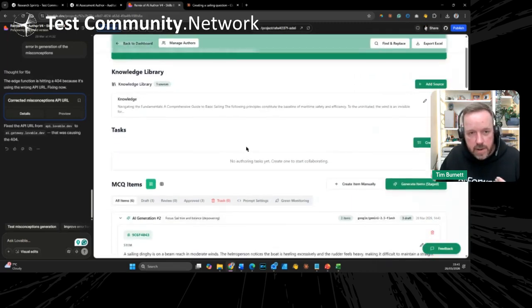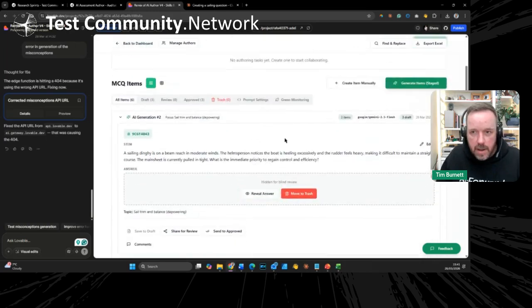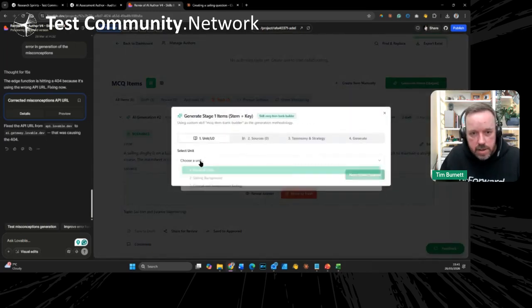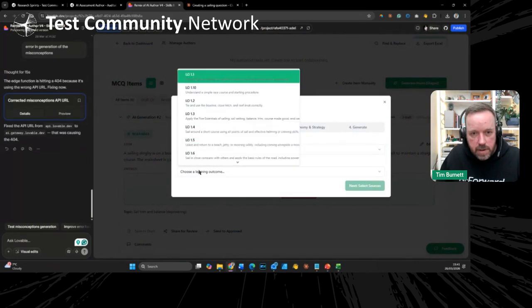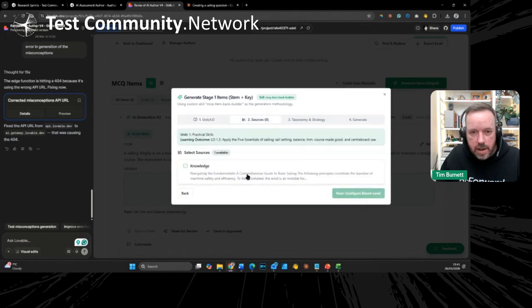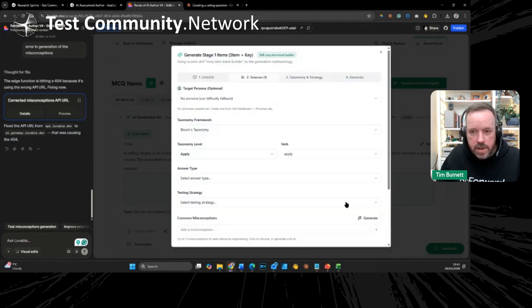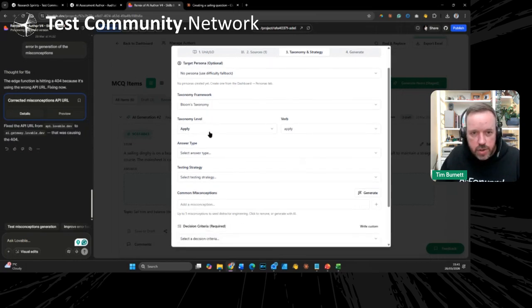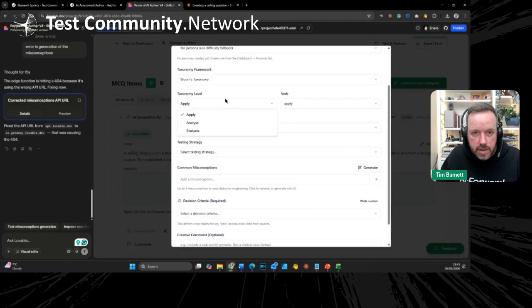And I'll show you just quite quickly in here. So I'm going to generate item. I'm going to choose my level. I'm going to go back to my 5 essentials. I'm going to collect my source knowledge, which is the navigating bit, and then this taxonomy strategy structure is changed according to the skills, because in there I've got Blooms and Millers, and that will adjust.